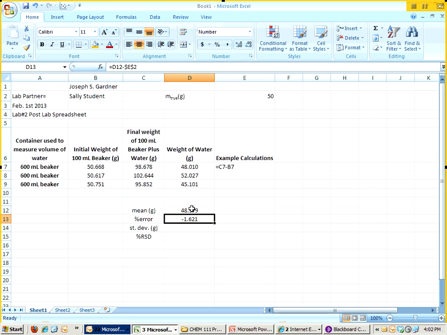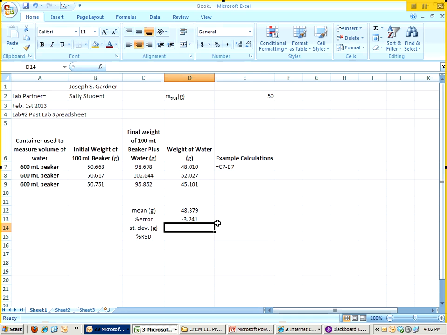Well, we're not quite done with the calculation. Let's go back into it. Now that difference there of my measured value minus my true value, remember for the next part of the calculation we divide by the true value, or what was in our equation the actual value. So I go ahead and reference that cell again. If I were to ever use this again, I don't want it to increment, so I put my $ in front of my row and my column to make sure that it wouldn't increment. Now, if I'm calculating a percent error, I also need to multiply it by 100. This gives me a percent error of negative